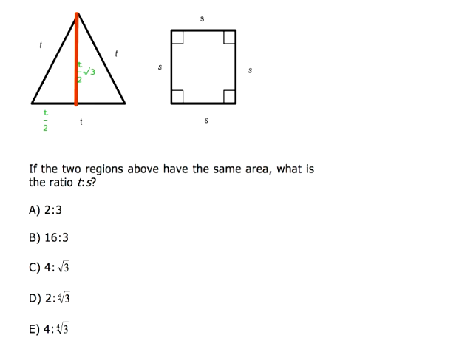And then that's 1/2 times T times T squared rad 3. And then that's going to be T squared rad 3 over 4, rad 3 over 4 times T squared. So that's the area of that